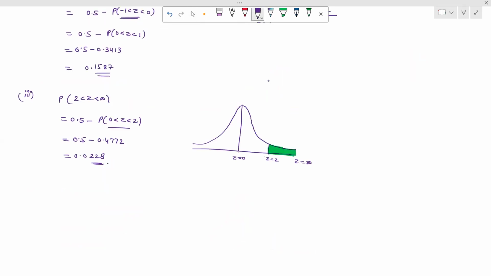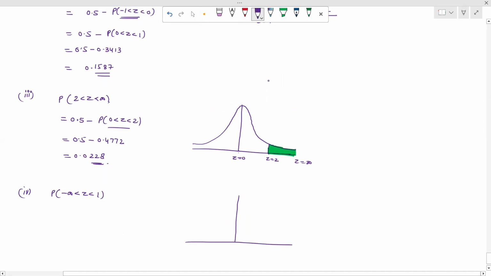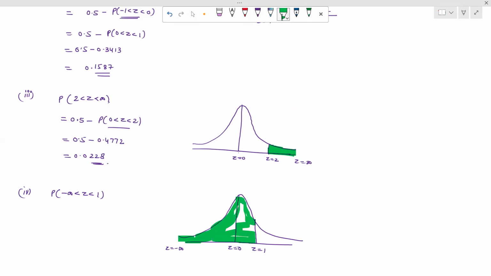So fourth part है माइनस इन्फिनिटी से 1 के लिए। तो प्रोबेबिलिटी माइनस इन्फिनिटी टू 1। तो अगेन वी ड्रॉ द ग्राफ। अब स्केल तो यूज कर नहीं रहे हैं, तो आप ऐसे ही ड्रॉ करके चेक कर लिया करना। तो यहाँ पर z इक्वल टू 1, 1 तो पॉजिटिव साइड में आएगा, ये z इक्वल टू 1 आ गया, यहाँ z इक्वल टू 0 है, और z इक्वल टू माइनस इन्फिनिटी इधर साइड में होगा। तो अब हमारा जो शेडेड एरिया होगा ये पूरा, ये एरिया शेडेड होगा यहाँ पे।